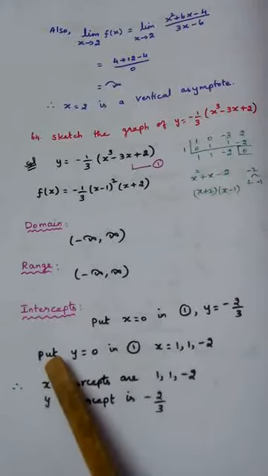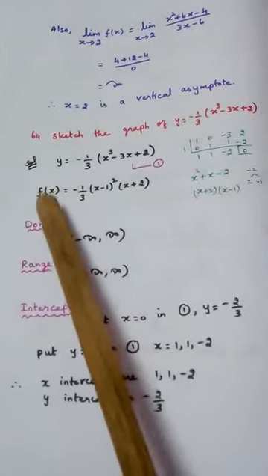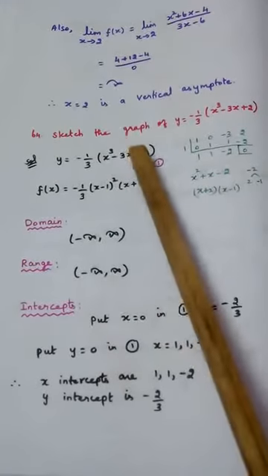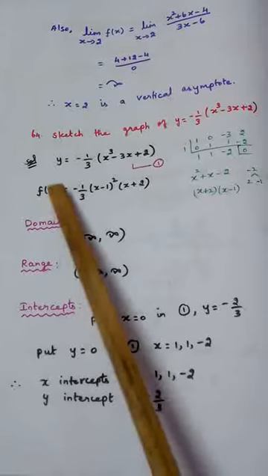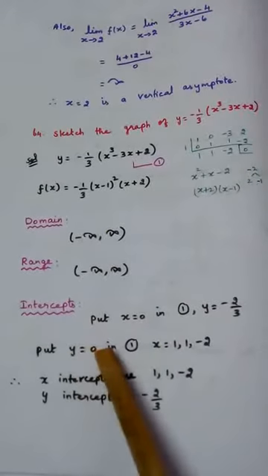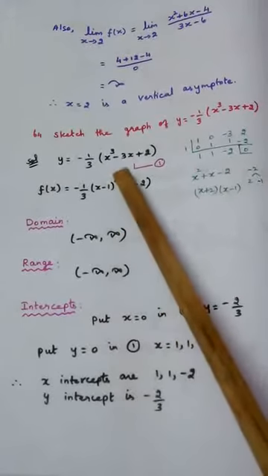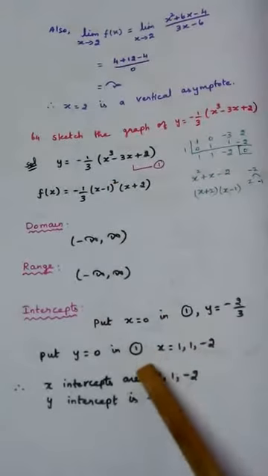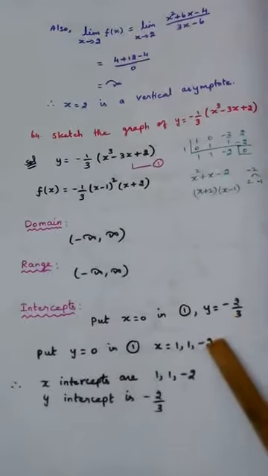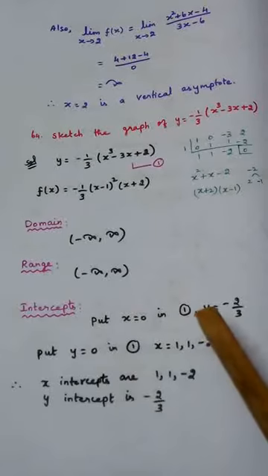To find the x intercept, what do we have to do? Put y equal to 0. That is why we have factorized this. This is written in factors like this. So if this becomes 0, this is called y actually. So y becomes 0. From here I can say x minus 1 whole square equal to 0, or x equal to 1, 1, 2 times, because the square is there. And if this is 0, x equal to minus 2. So these are the three values that we are getting.